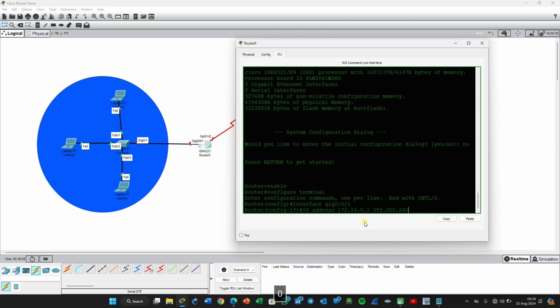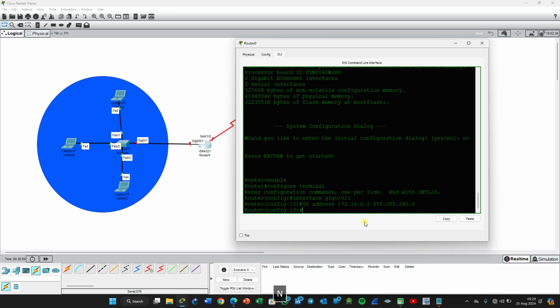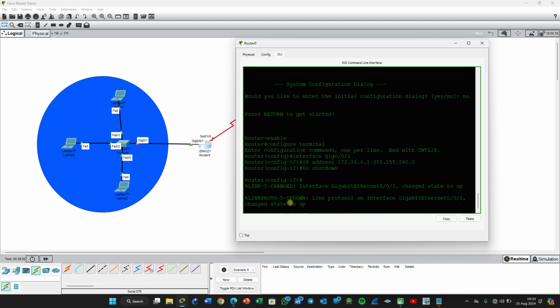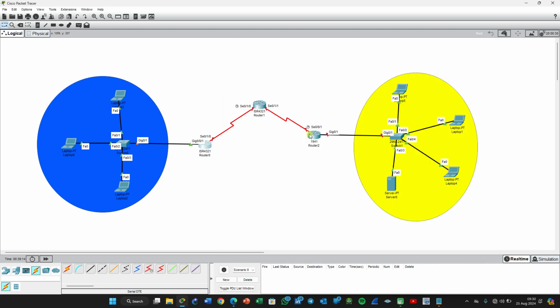that 240.0. Okay, then I'll say no shutdown, to turn on the port. Okay, like that. As you can see, it says up, down, the interface changed state to up. Okay, like that. All right,